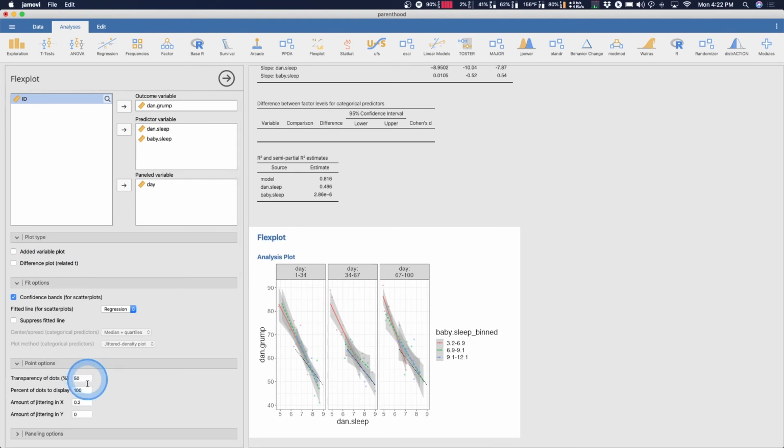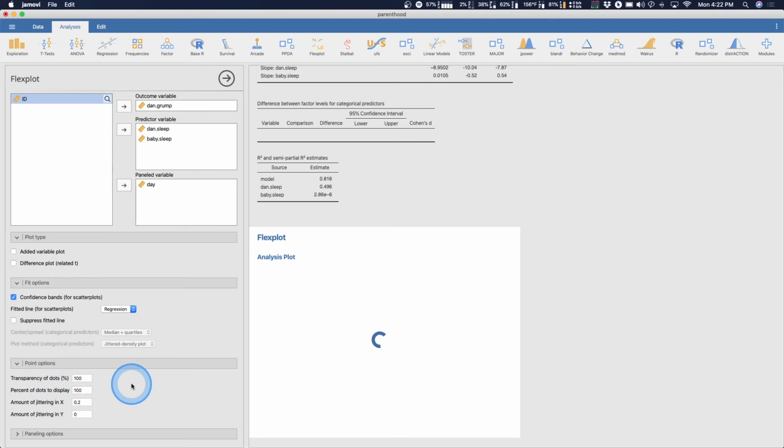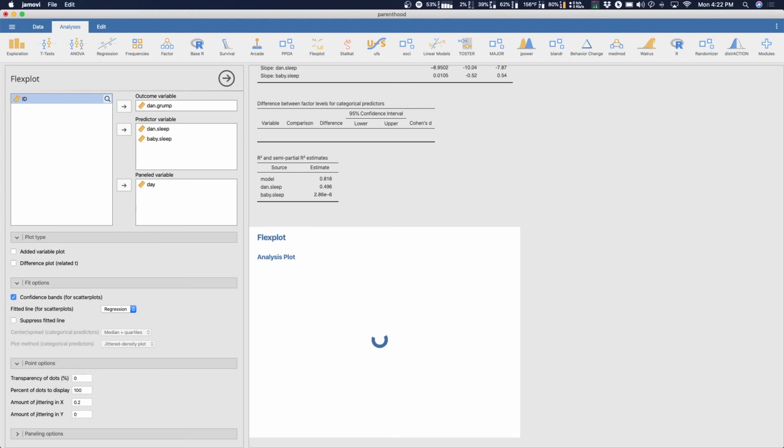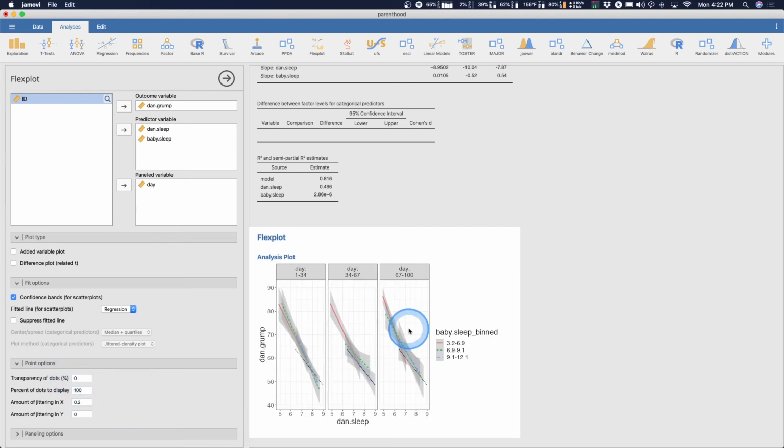And we can do point options, and we can change the jittering on here, in X and in Y, so you can see these a little bit more. You can change the percent of dots to display, and then how much transparency each of the dots have. So 100% transparency does not mean what you think it means. Transparency 100% is actually opaque, because if I change this to 0, they're fully transparent. I think they should change that to opaqueness of dots, which would make sense with the scale. Dots don't appear on the graph at all. By default, they're set at 50, and so they're a little faint here and there.